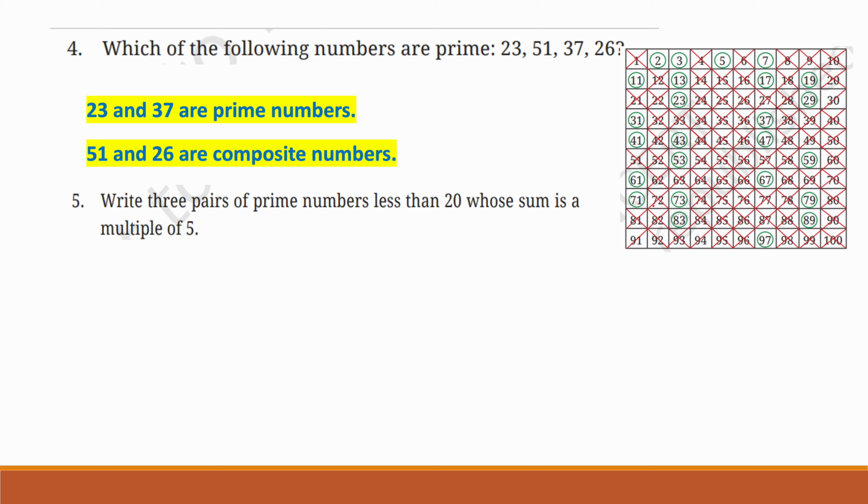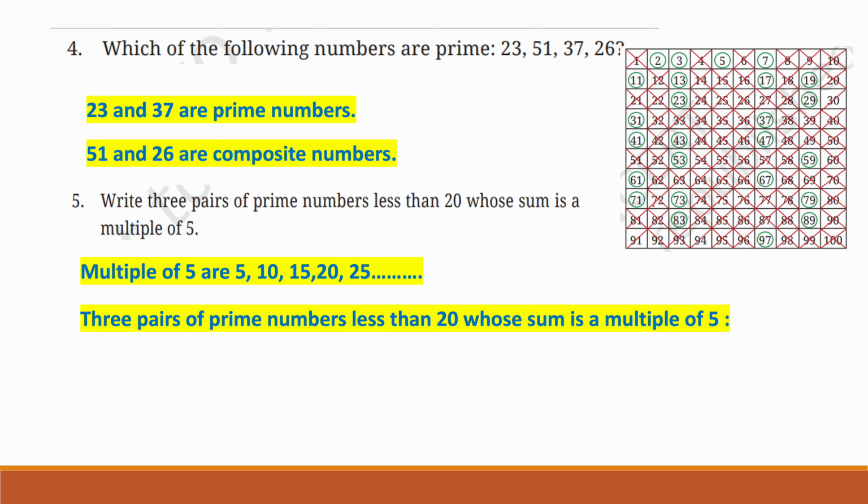Write 3 pairs of prime numbers less than 20 whose sum is a multiple of 5. So we have to write 3 pairs of prime numbers. The prime numbers must be less than 20 and their sum is a multiple of 5. So multiples of 5 are 5, 10, 15, 20, 25 like that. So the 3 pairs of prime numbers less than 20 whose sum is a multiple of 5 can be written